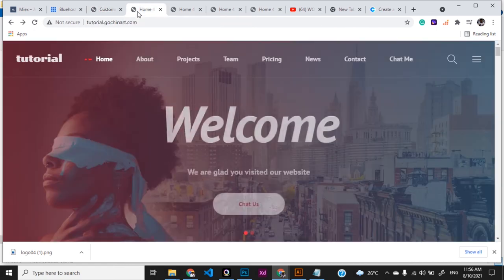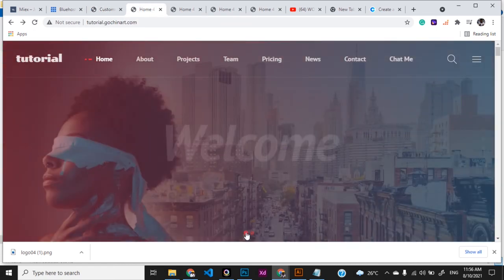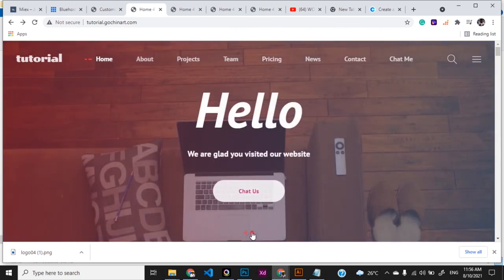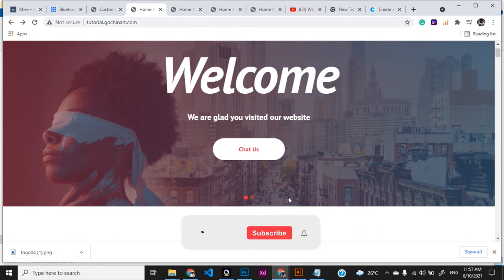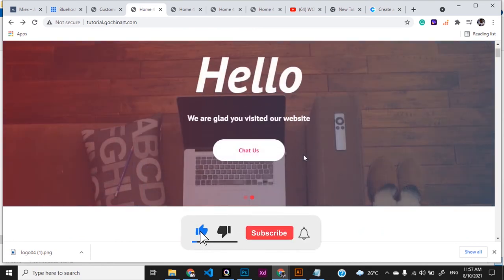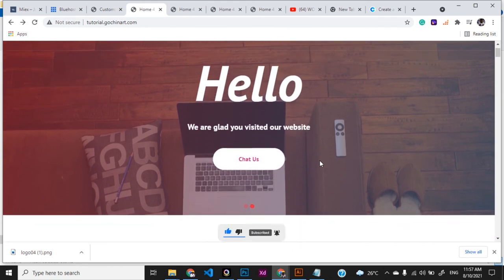Okay, it's published now. So you can see we have the image in the two different types of slides that way. And we have different texts and everything set up just the way we want it. So with this, we've been able to see how we can comfortably edit the